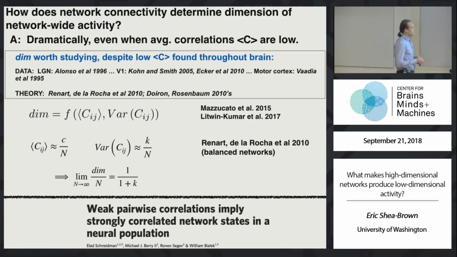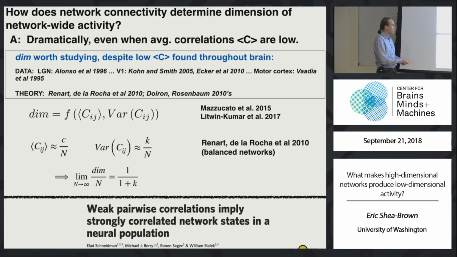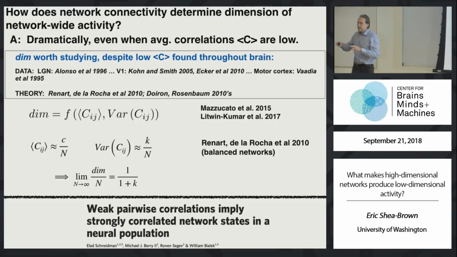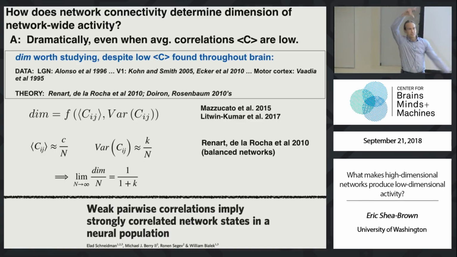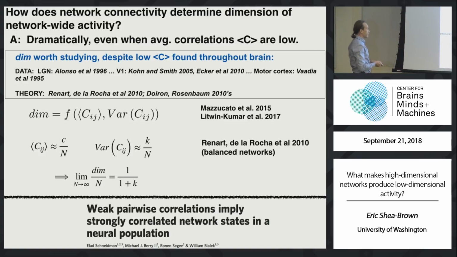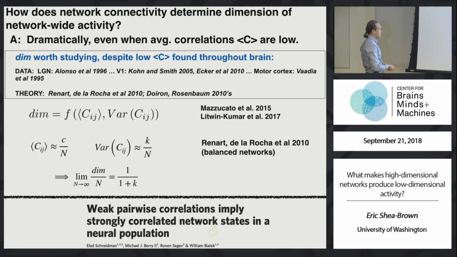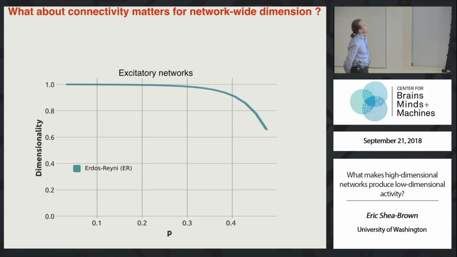This message that I'm trying to offer echoes one which is already in this well-known paper in the literature, which is that if you look at neural systems, or really any systems, one pair at a time, even if it appears that the statistical interactions are weak, the system is uncorrelated, all possible states could be represented, that's not true at the level of the population as a whole. There could be strong constraints here represented by low dimensionality. Okay, so that's the first point.